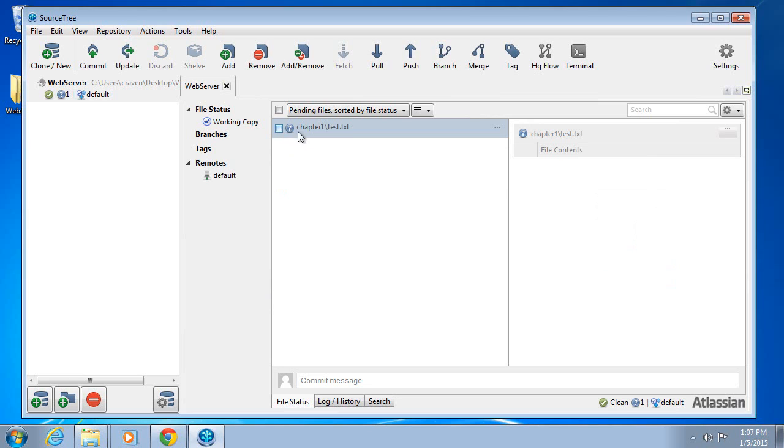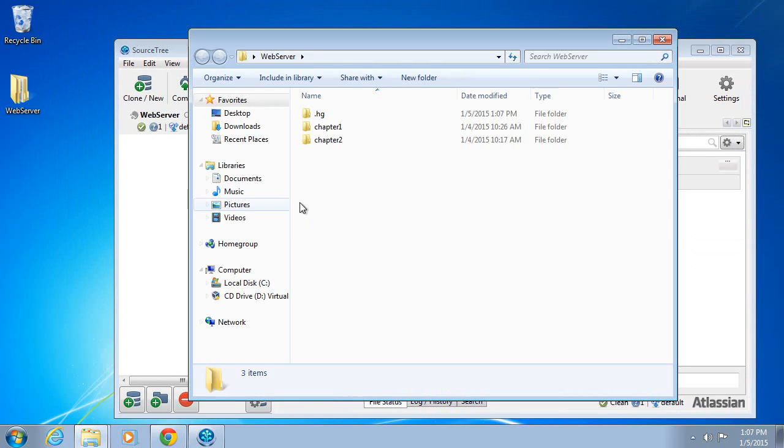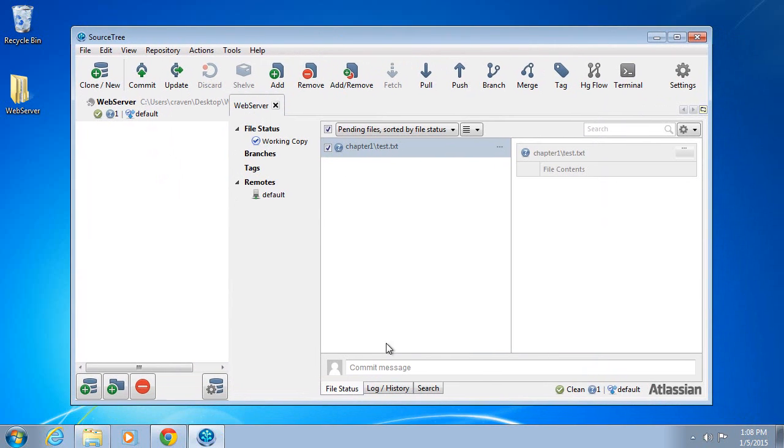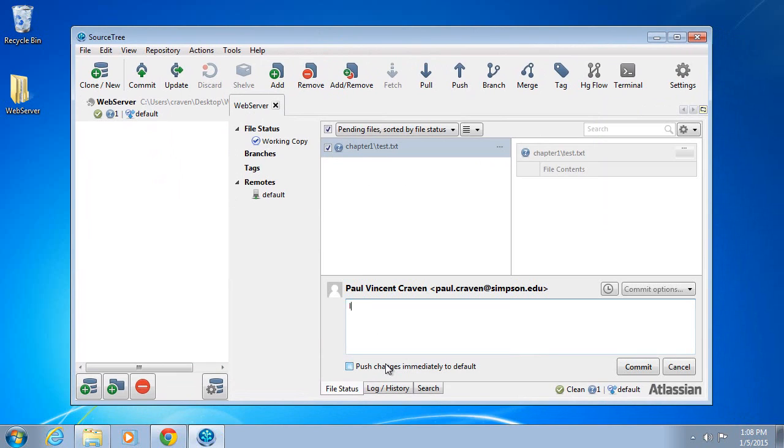The next thing I'm going to do is I'm going to add a file. In this case, I've got test.txt. I don't actually have the ability to add directories. The directory is simply a part of the file name. So chapter 2, there's no files in it. Chapter 1, there is. I've got a test.txt. It is currently not tracked. I hover over this, I can see it's not tracked. I'm going to check that. Go down here to the commit message, put in initial commit,